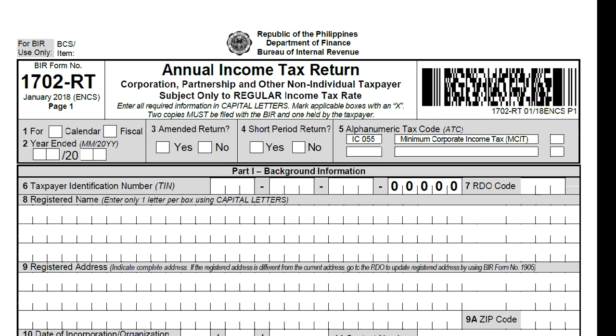So to translate those learnings into the actual scenario wherein we file an income tax return for a particular taxpayer, for purposes of example, I just chose BIR form number 1702. This is for corporation, partnership, and other non-individual taxpayer, but this is only subject to regular income tax rate. So when we say regular income tax rate, that's the usual income tax rate for these type of taxpayers, okay? Because there are other special income tax rates for specified corporations, which we will discuss later. So the main point is